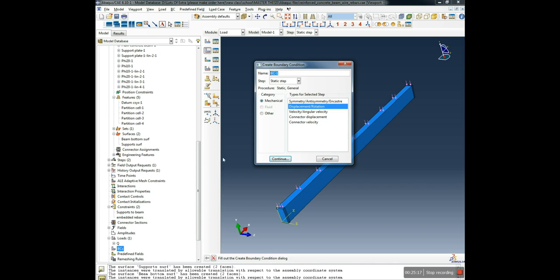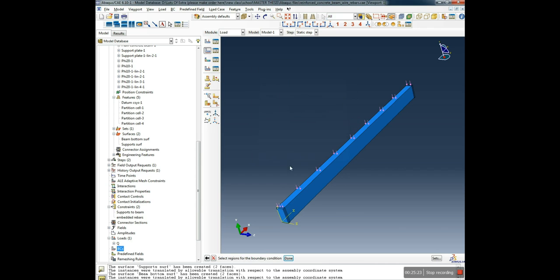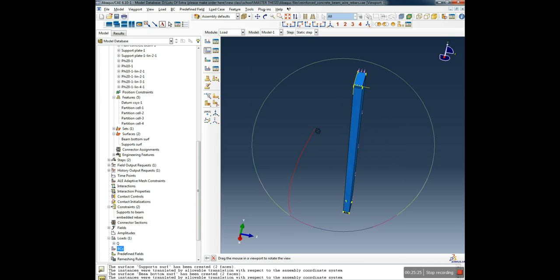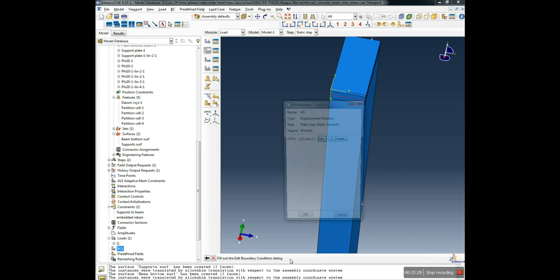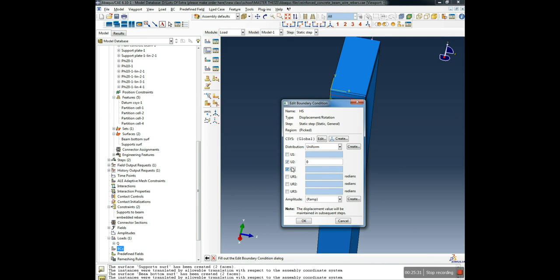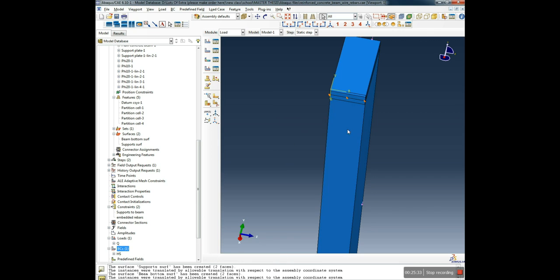Double click it. Just hinge support, let's say first. Click continue. Go in the viewport, select this line here. Click done, and the U2 and U3 are 0, and click OK. Now we go to